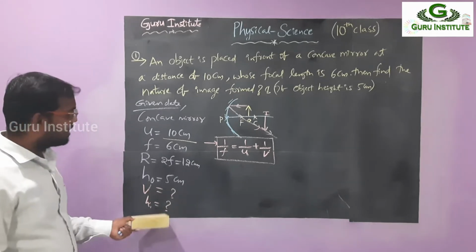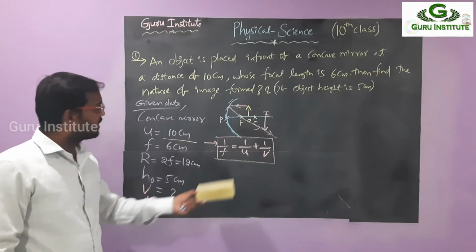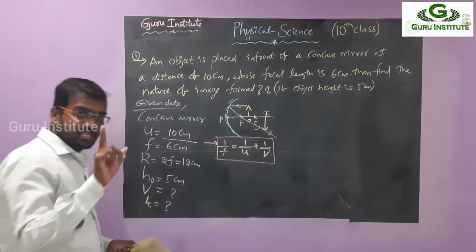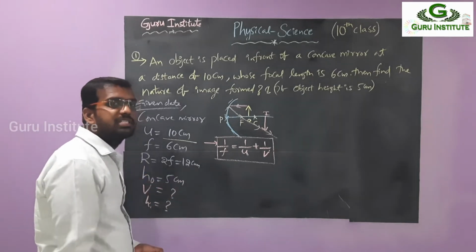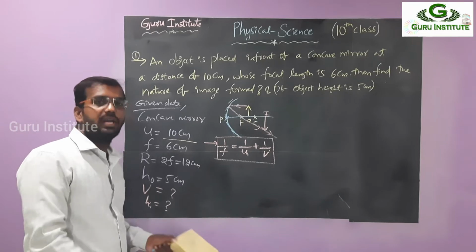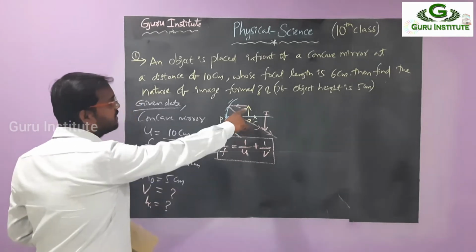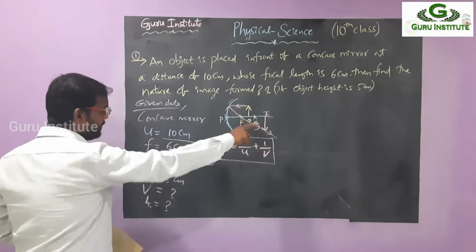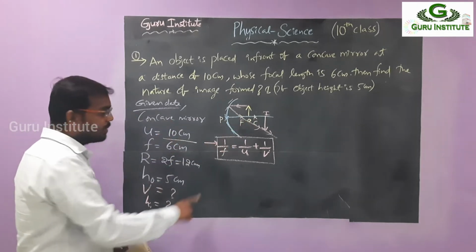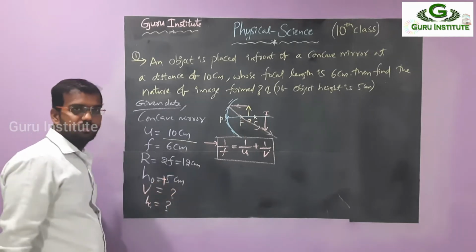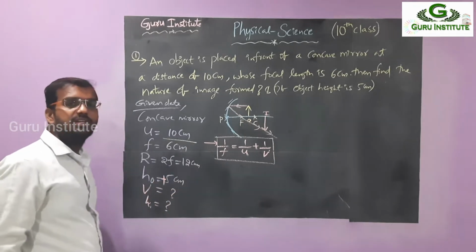hi we get from the magnification. v we get from the mirror formula. For unknown terms, you need not apply the sign convention. For the remaining ones you have to apply the sign convention. What do you get in the sign convention? In the concave mirror, all are negative. From the ray direction, from the pole only we have to measure PF, PC. Above the principal axis is positive, so the object height is positive. Below the principal axis, hi we get as negative.